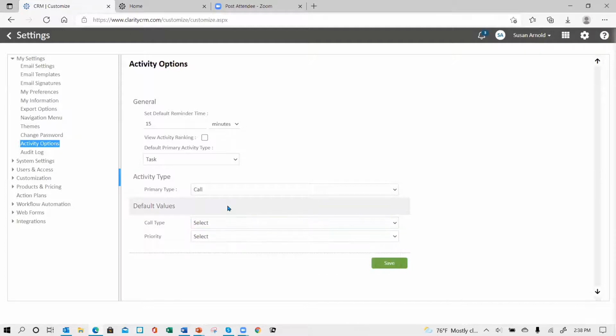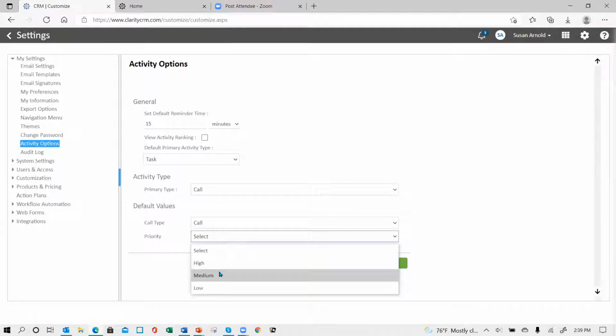So you can customize this a little bit to your particular way of working. What do you do 90% of the day? Okay, I make phone calls almost all day long, so I'm going to set my primary type to call and my call type to call, so it will fill that in automatically for me